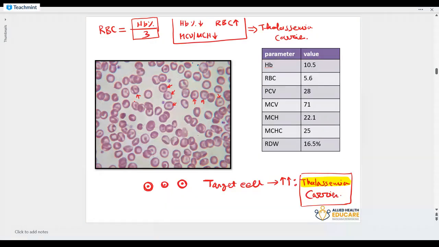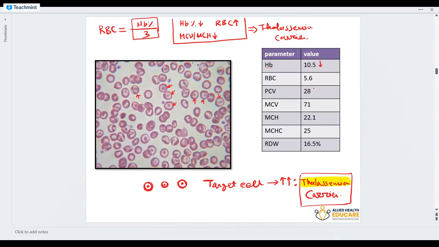So podocytes are a very characteristic and interesting feature of thalassemia. Actually, this is the picture of a thalassemic patient. It is a 9 years old boy. So here hemoglobin is low,